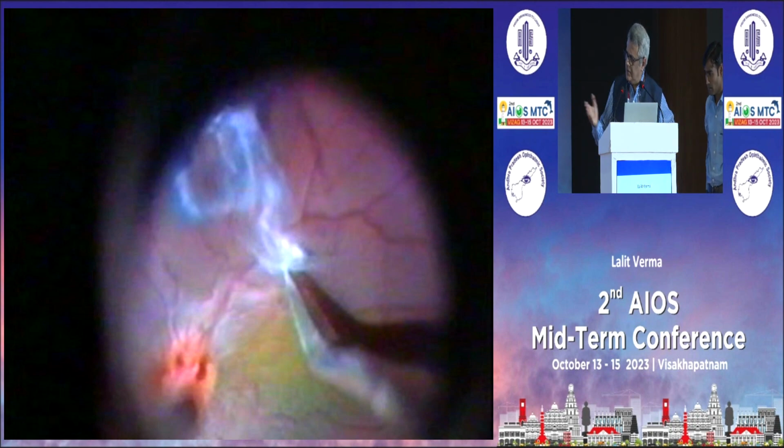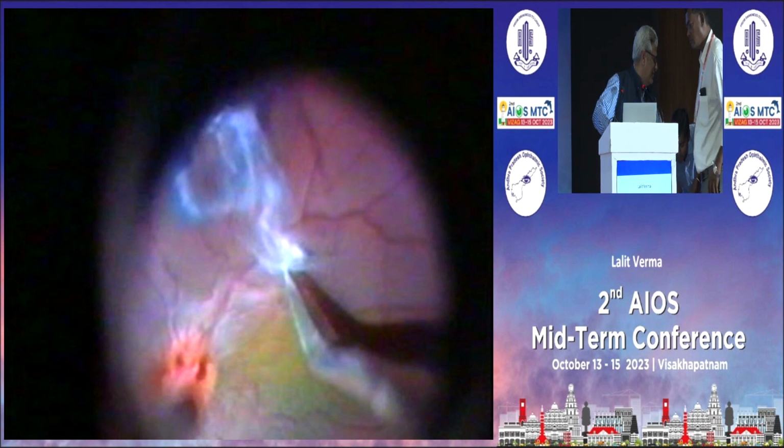Maybe the next person can present so we don't waste time. We will ask Dr. Uma Mahesh to present on macular hole and its management. Before he fixes his presentation, Lalit,